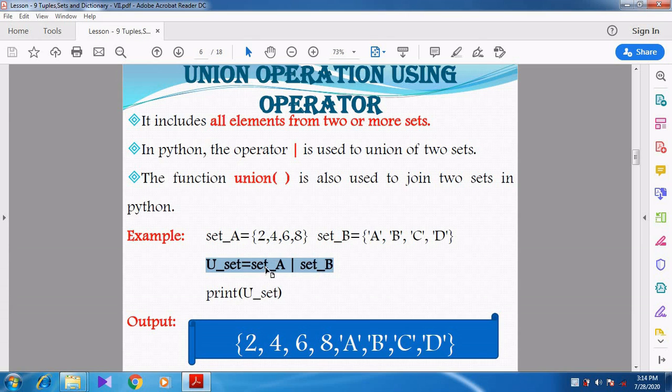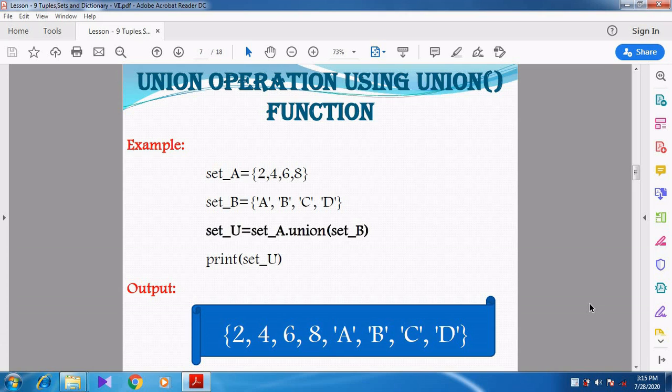So set A and set B are combined together and stored in union_set. Now when I print union_set, the output will be shown as 2 4 6 8 A B C D. You can see all the elements from set A and set B are combined together and shown as output. I think you have understood this.